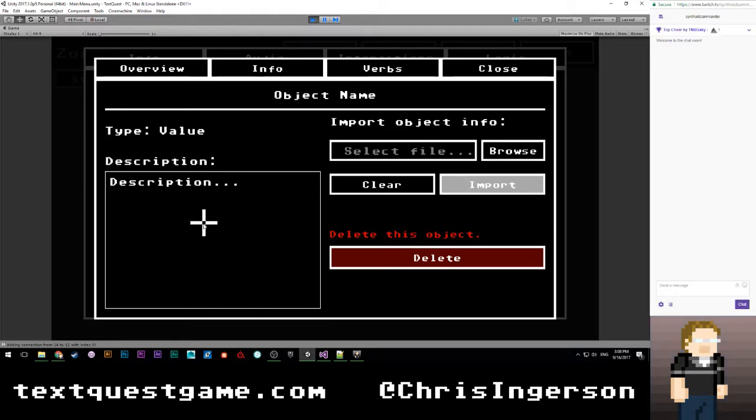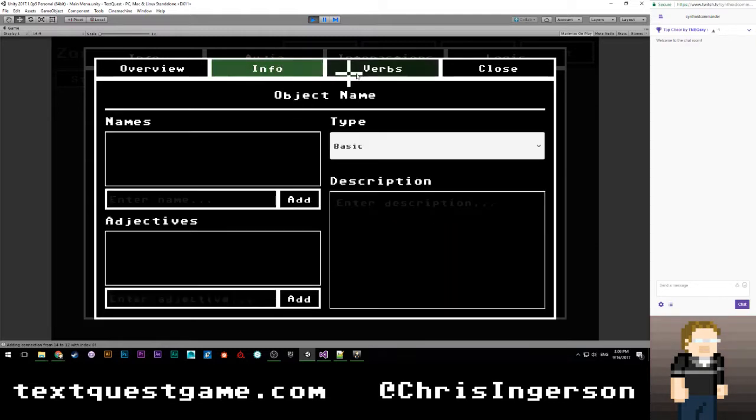The description for the object will allow importing information so that you can just import a JSON file to set everything up. Then clearing all information on this object, clearing the file that you import from. Importing the actual file once you set that, and then deleting the object itself. Then we also have a couple of other views to let us set some